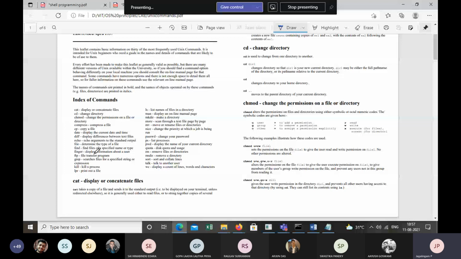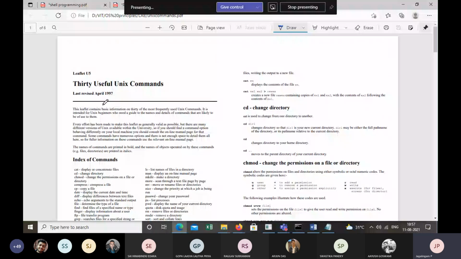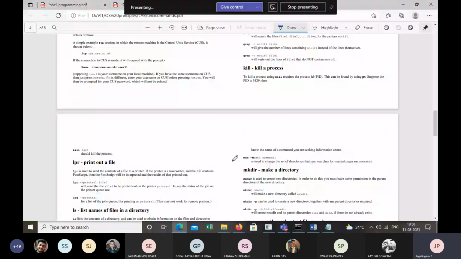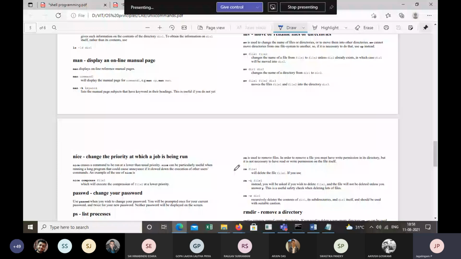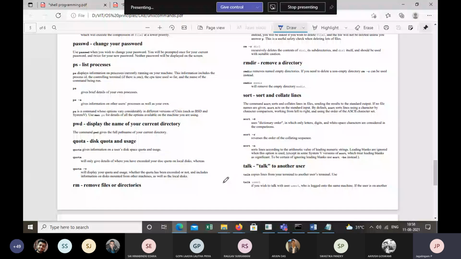I think most of this we did in the class. Maybe 5 to 6 commands or close to 10 we have not done. So I request you to do that. When you do these commands, what I want you to do in the document is, suppose you use the ls command, write that the first command is ls and write only one line of description of what it means, and keep the screenshot of that, and then go for the second command.